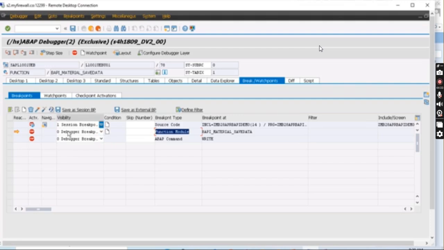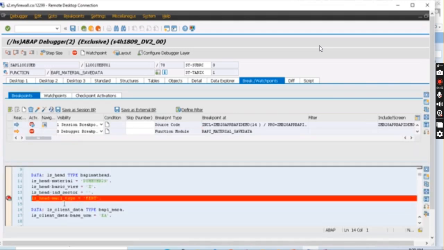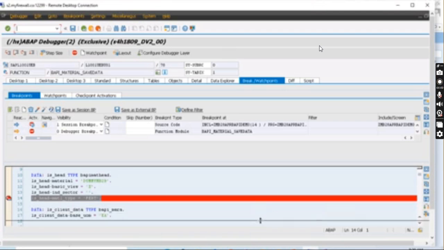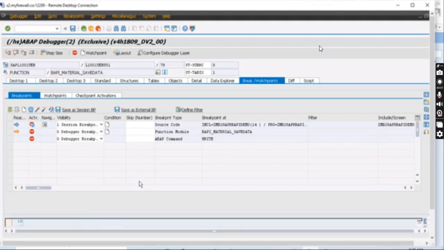So this is the visibility you can see, right? Here, from where you navigate to the editor, wherever you have put the breakpoint, if you just click over here, it will open a session and there you can see where you have put the breakpoint. Okay, so these are the different things we are having.